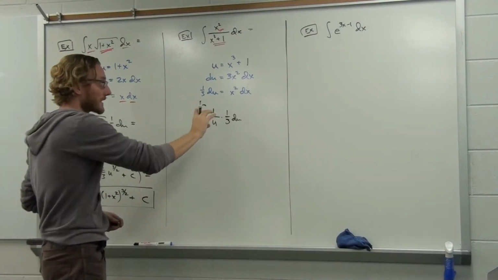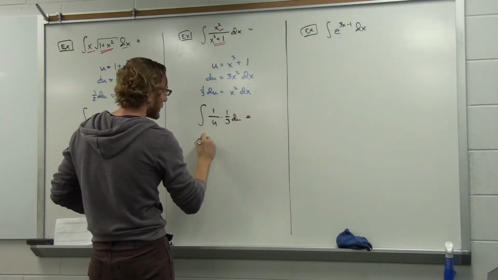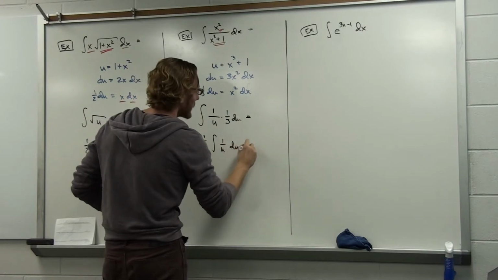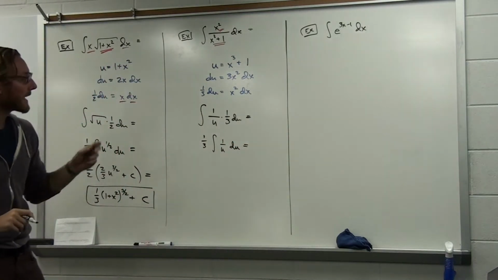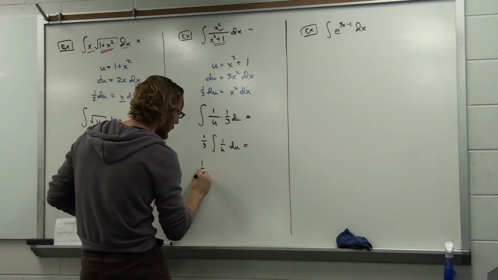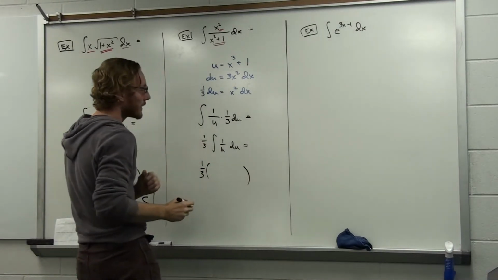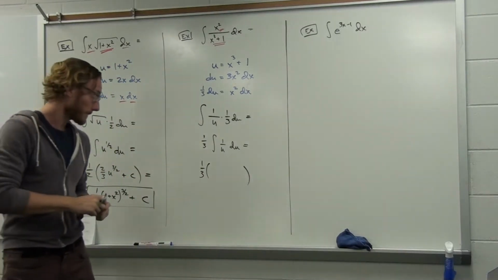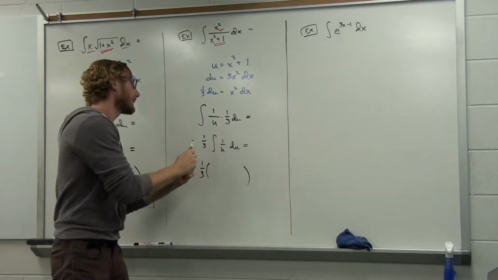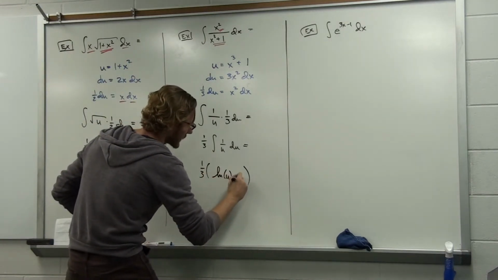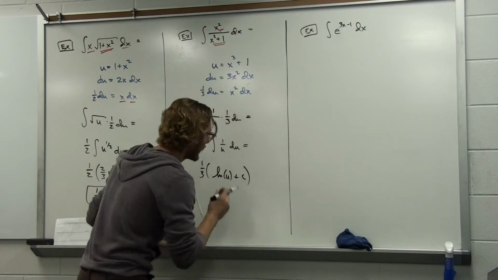Well, like always, the constant multiple goes unaffected by way of derivative, just as unaffected by way of antiderivative. So the 1/3 will just factor out, and now we simply have to take the antiderivative of 1 over u, which is actually not too bad, right? What function has a derivative of 1 over u? Well, that would be ln of u plus c, of course, because ln of u would give you 1